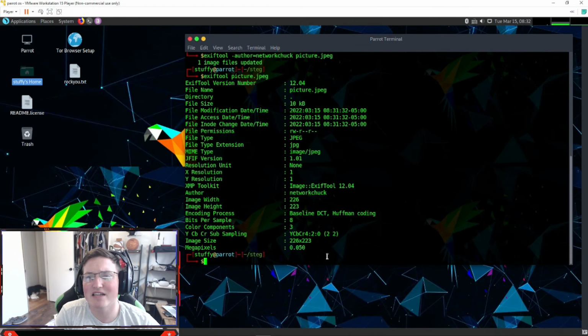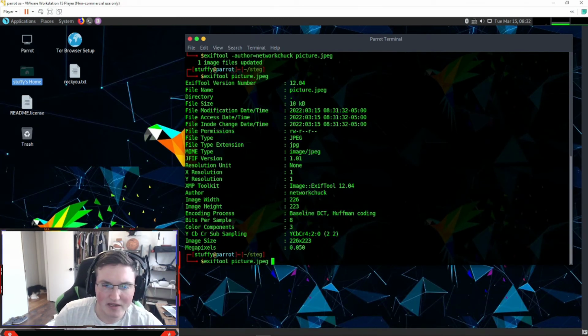So let's say I send you a bunch of pictures in a zip file or something like that, right? But the pictures, you're thinking, well, these are weird, they're just pictures. But let's say I have someone on the inside or I have access to a network on the inside, I just can't get that freaking payload in there. Well, what I can do is I can use that Exif tool, and instead of the author, I can say